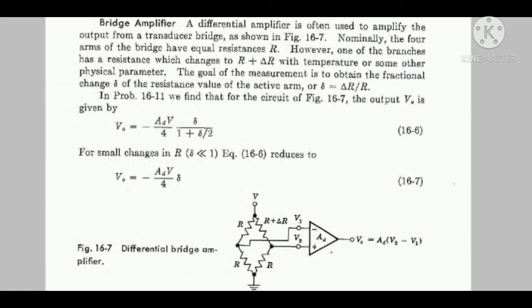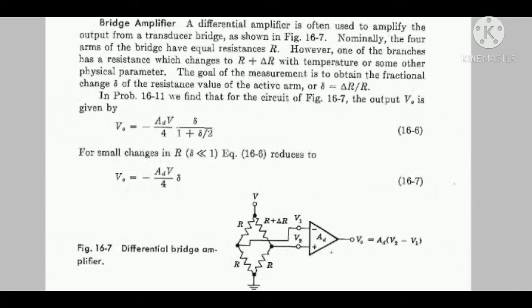That is, one of the arms is having variable resistance, and say it changes from R to R plus delta R. Then we will find out the fractional change delta, that is equal to delta R by R. We will derive this